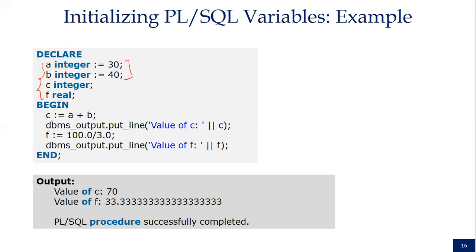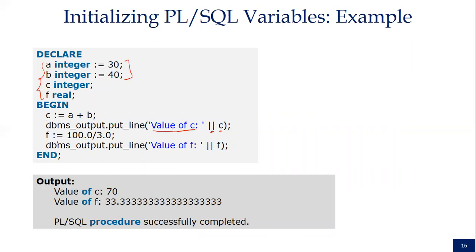In that case, if you print the value of C equals A plus B, these two values will be added and the result will be stored in C. Whenever you print, you can display this value of C. This is just for concatenation of the different statements. In C, C++ or Java, you use a plus symbol for specifying multiple values, but here we use two vertical lines. So the value of C will be printed here.